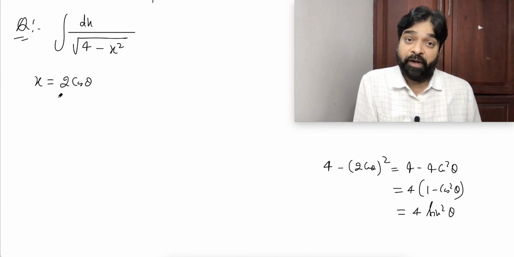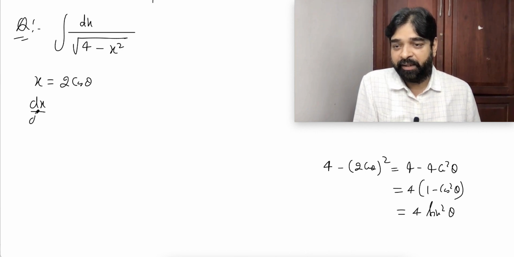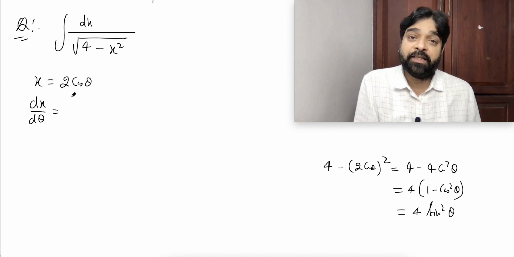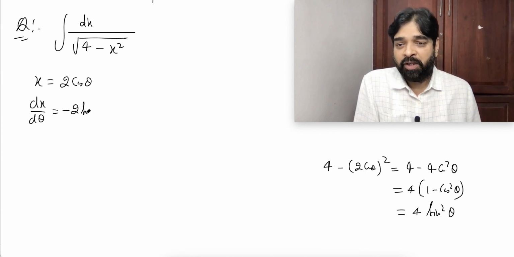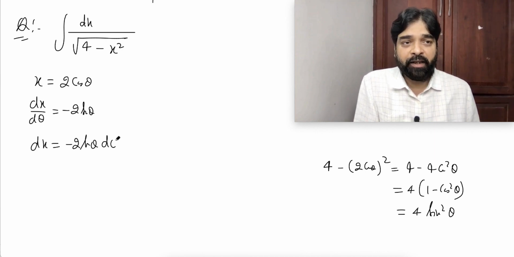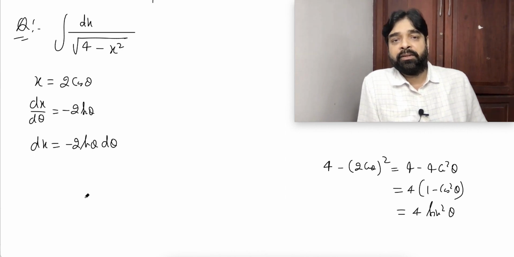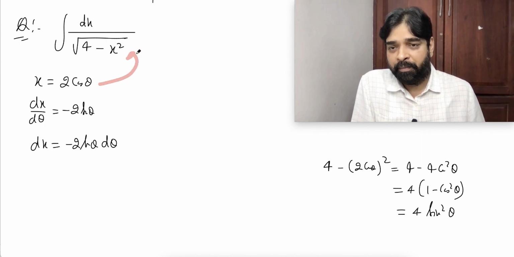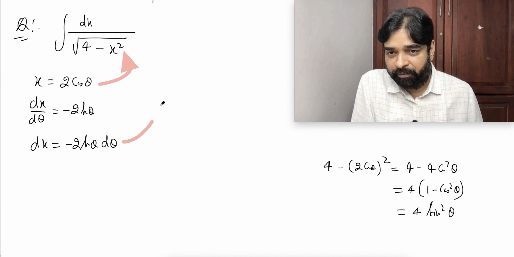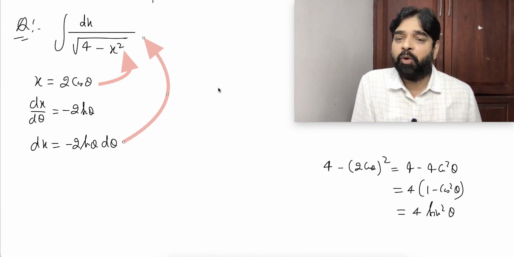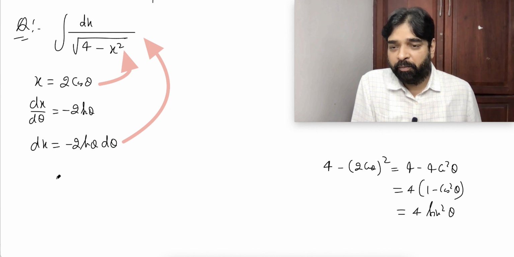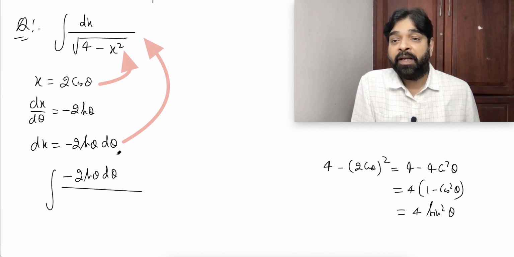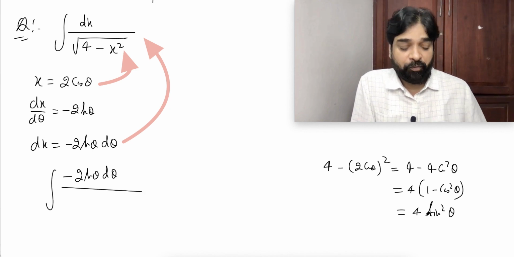Yes, but since we are doing substitution, we have to differentiate. So dx by d theta is equal to the differentiation of cos theta, minus sin theta. So minus 2 sin theta. So dx equal to how much did you get? Minus 2 sin theta d theta. Did you understand? Hello? Now both the values I am going to substitute here, this one as well as this one. Am I right? Both values I am going to substitute. So you will get minus 2 sin theta d theta, the dx value I substituted, and this value we already calculated, 4 sin square theta.